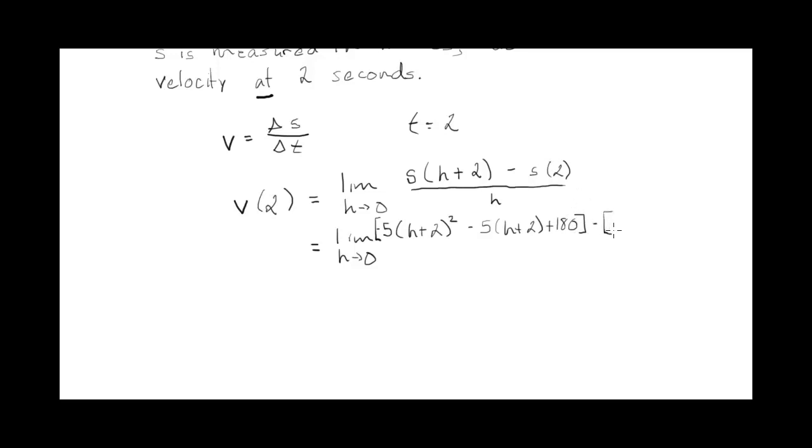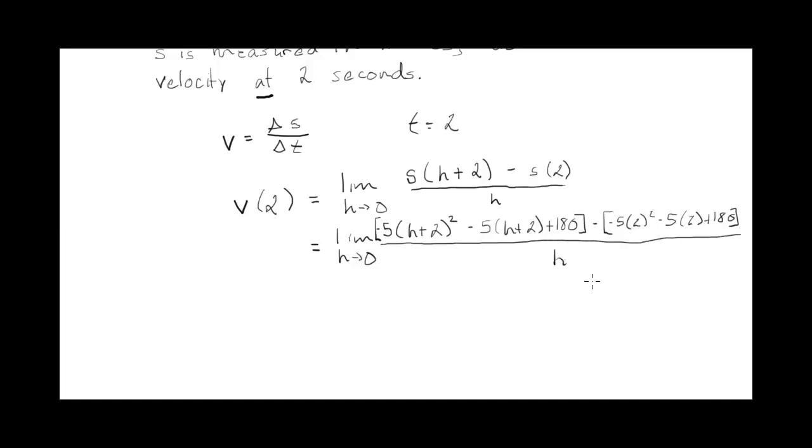So that would be minus 5 times 2 squared minus 5 times 2 plus 180, all divided by